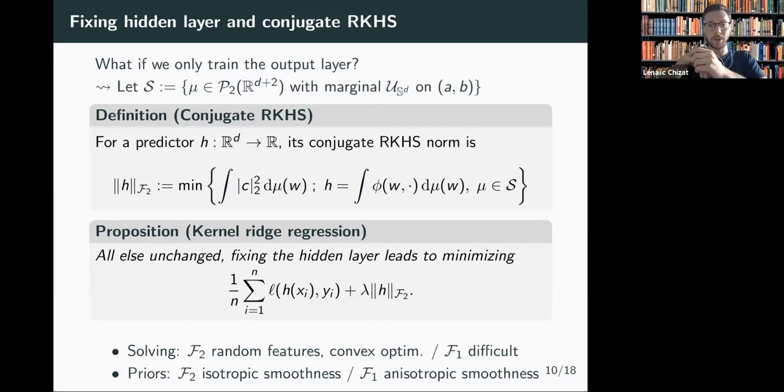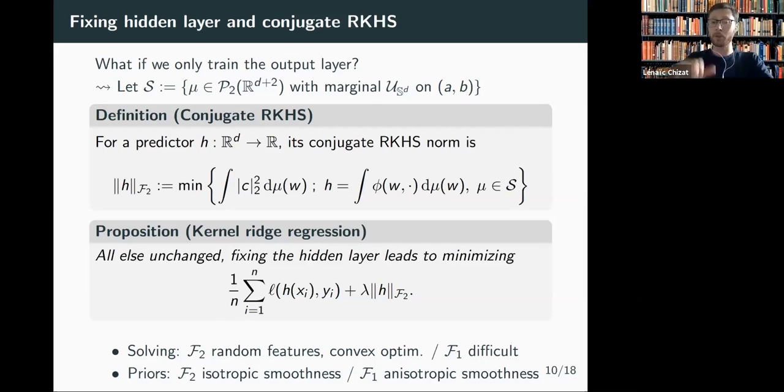To understand better what the differences are between the F1 and F2 regularization, I will just mention them briefly. For F2, it can be shown that this is a norm of a reproducing kernel Hilbert space, and we have a lot of theory. We understand quite well how to solve regression problems in RKHSs. For instance, we know that a function with a small F2 norm can be well approximated with random features. We obtain a convex optimization problem, and there are some convex algorithms with performance guarantees which are known to solve